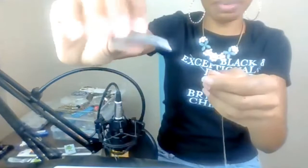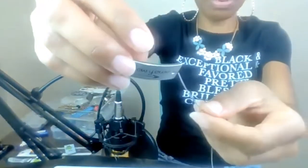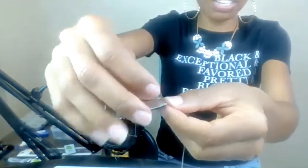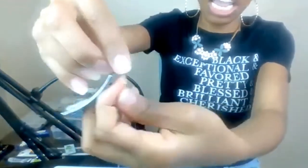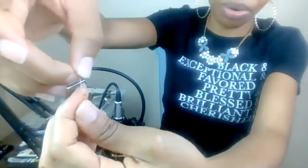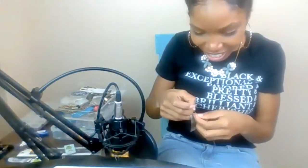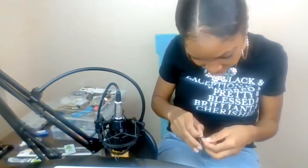So essentially you're going to put this crimp bead on, and then take the plate, put the string through the first hole of the plate, string it through, and then put it through your crimp bead one more time. And I have to pull it back so I can see. All right, so